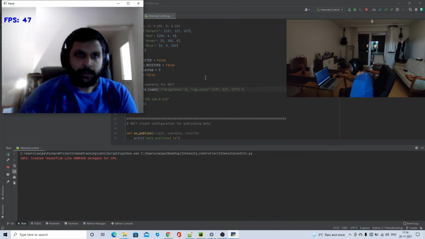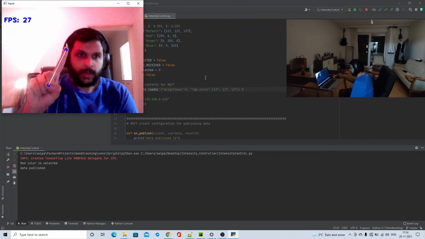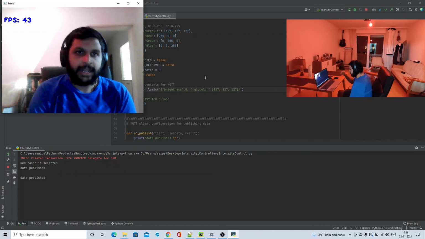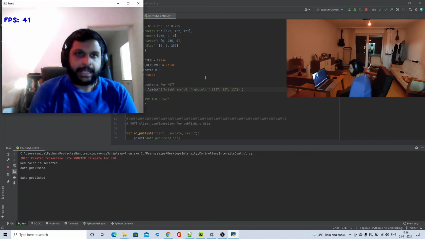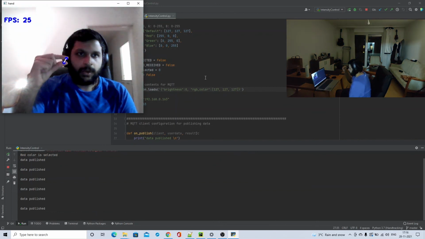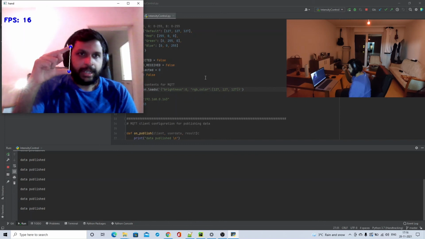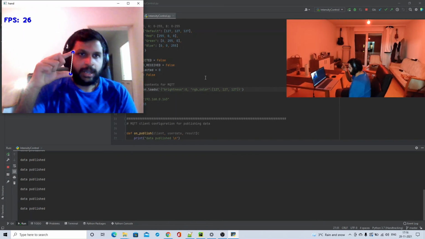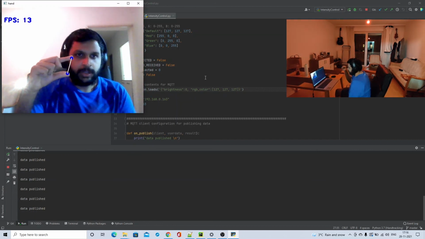So the very first step would be to choose the color. Let's say I choose 1. So it gets selected to red. And now we need to control the intensity. So you pinch in and now you're at 0. And now I slowly start expanding out. And you notice that the intensity keeps increasing. And of course, the other way around as well, where it keeps reducing. And once you've hit the intensity value that you're happy with, you just say stop.